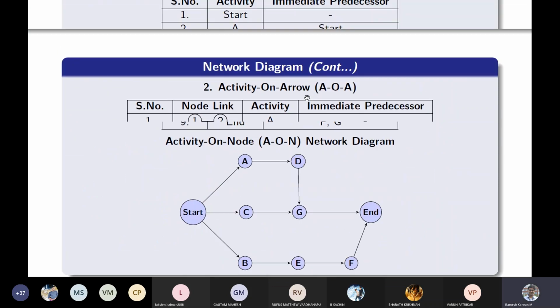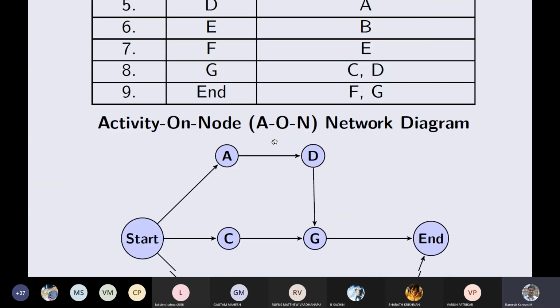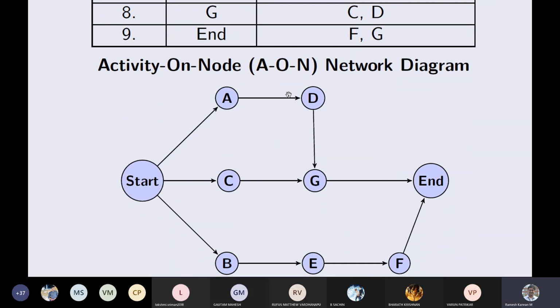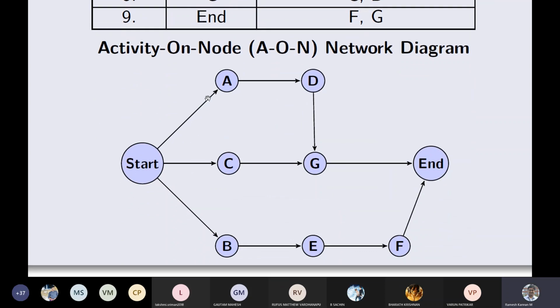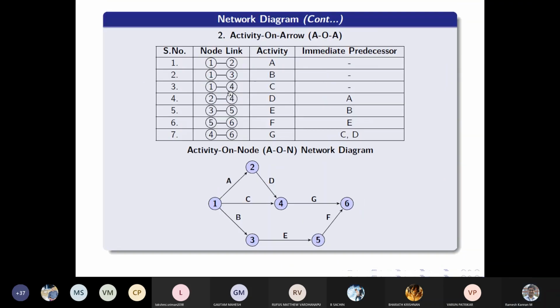This is an activity on arrow. Be it activity on node or activity on arrow, you see the arrows do not form a loop, or hang in between. Like there isn't any activity with incompleteness. Say if this arrow line is not there, then this activity is called a hanging activity, and that's an error in a network diagram. So you should at least form some closed loop. That's an important thing.